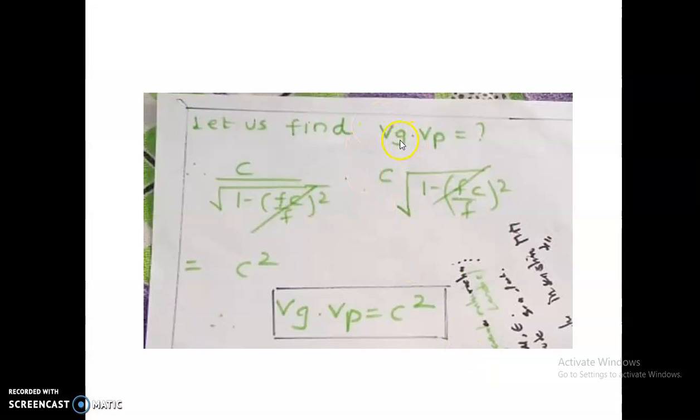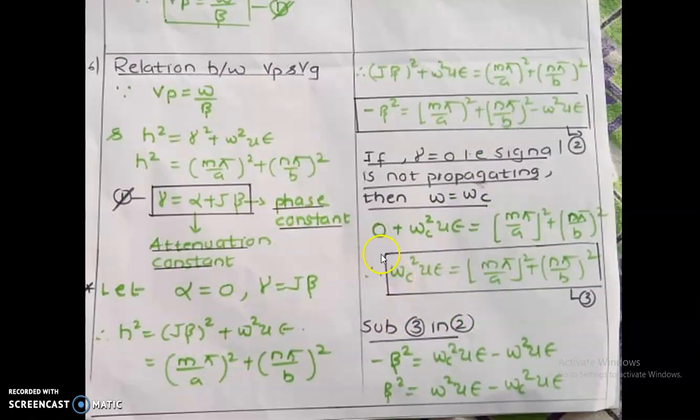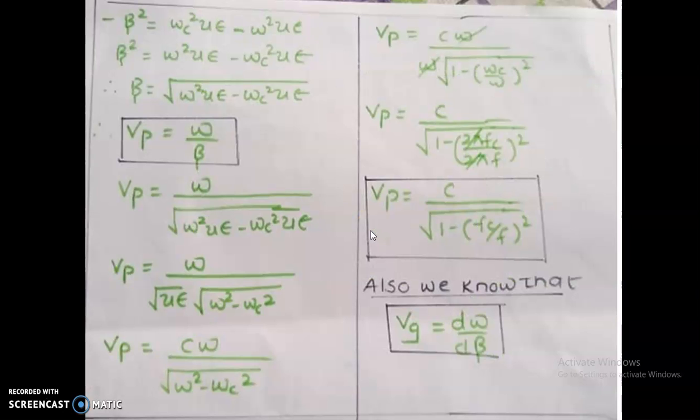So what you have to do is multiply group velocity into phase velocity. As this is a group velocity, and this is nothing but a phase velocity, so I have multiplied, this got cancelled, then c into c becomes c square. So I can say that the relation between group velocity and phase velocity, with c the velocity of light, is Vg Vp is equal to c square, that is, Vg is equal to c square by Vp, or Vp is equal to c square by Vg. This is the relation between group velocity and phase velocity, which is a continuation part of the previous video.